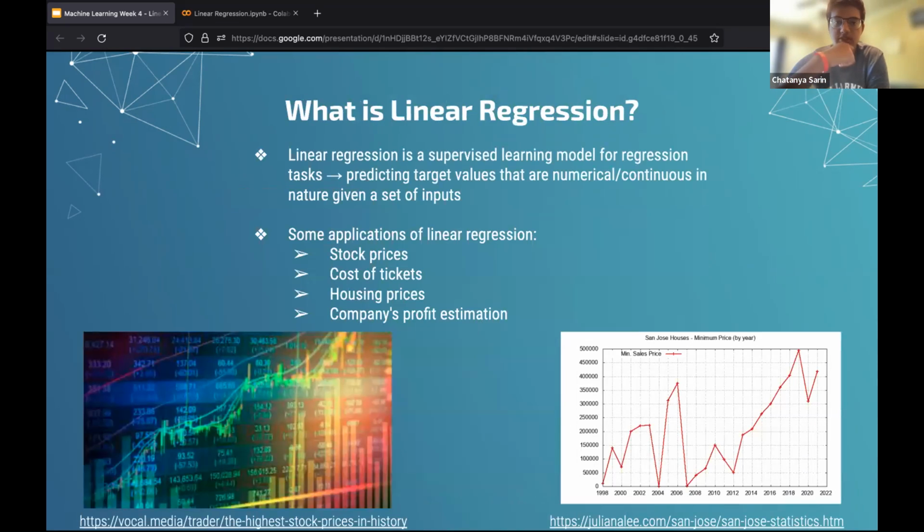So linear regression is a supervised learning model for regression tasks. It predicts target values that are numerical or continuous in nature given a set of inputs. Some applications of linear regression are stock prices, the cost of tickets, either airline tickets or just any kind of ticket, housing prices, which is what we're going to use it for today, and a company's profit estimation. So anything that involves two sets of data, like over time or a price or anything, can be predicted using